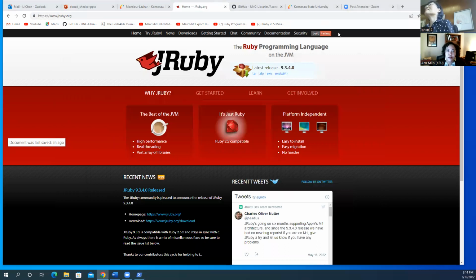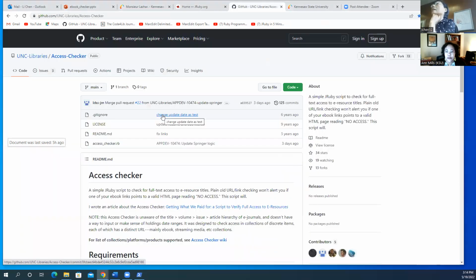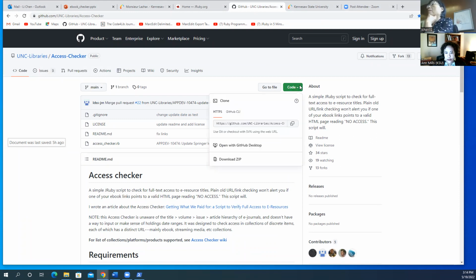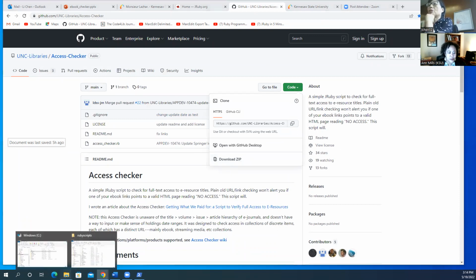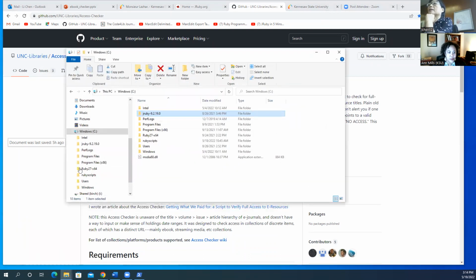So this one is, let me move this, yeah. So this is the GitHub and the University of North Carolina Library Access Checker code. So you come here to download the code. Since I already downloaded it, I'm not going to repeat, but in here, when I go to download,